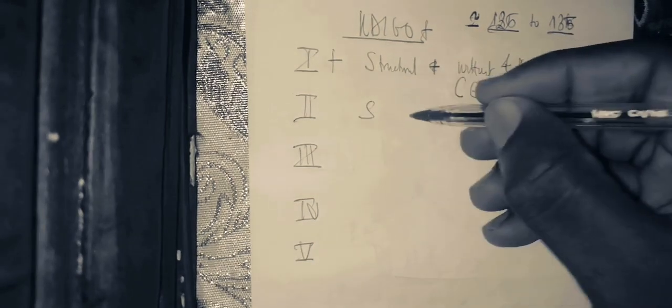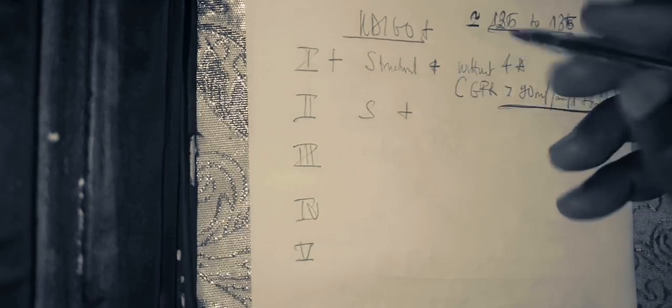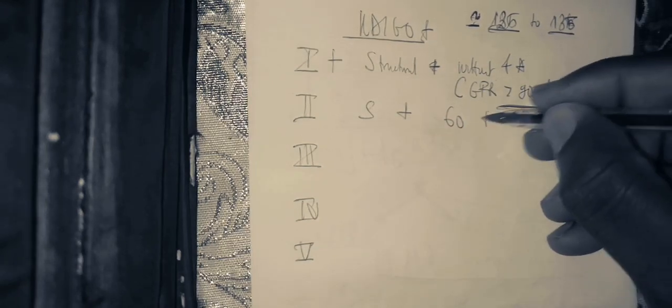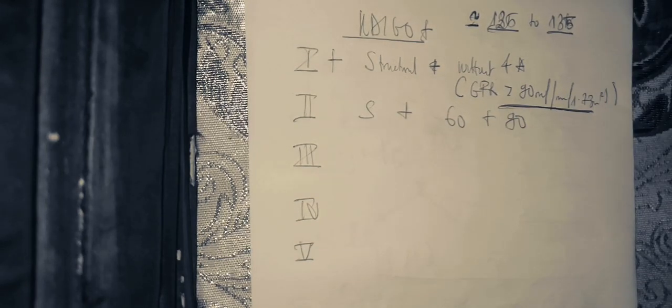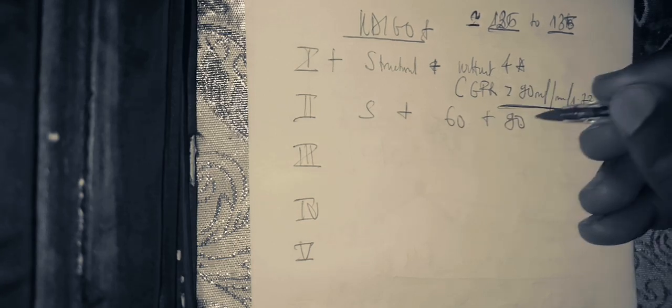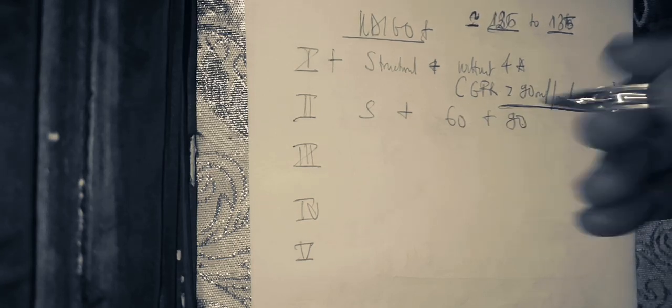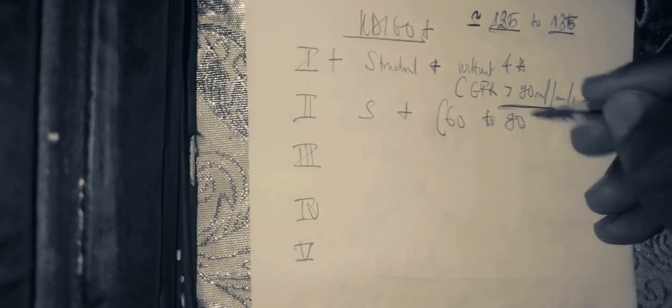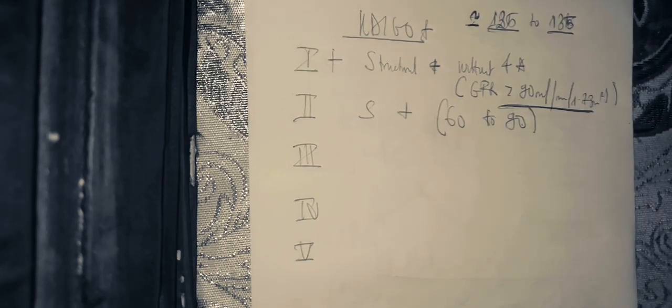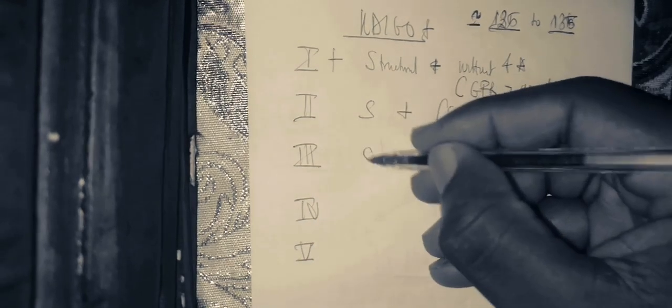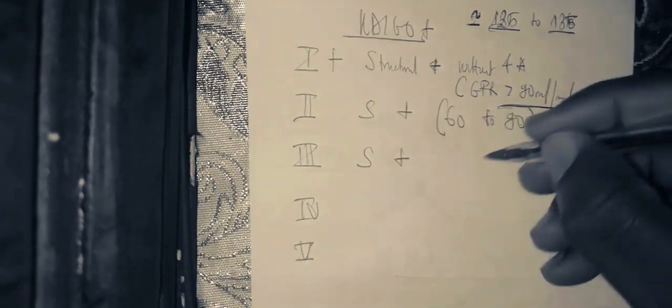Now if you have structural abnormality with a functional abnormality, a glomerular filtration rate of 60 to 90 mL per minute per 1.73 meters squared, it is stage 2. If you have structural abnormality with a glomerular filtration rate of now